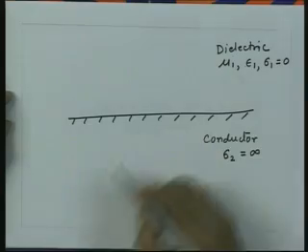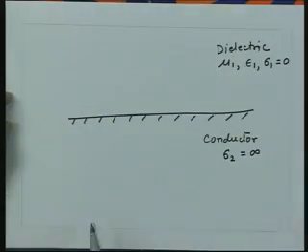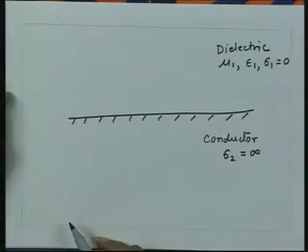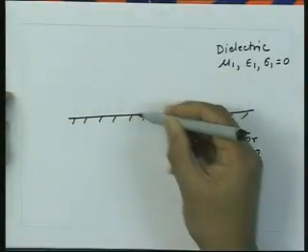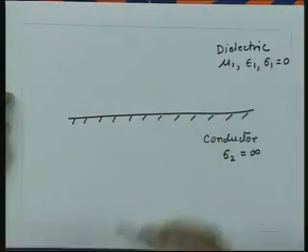The wave cannot come from the conducting side because the time varying fields will be 0 inside the conductors. So, there is no wave propagation inside the conductor. So, only a wave can come from the dielectric side and get incident on this dielectric conductor interface.